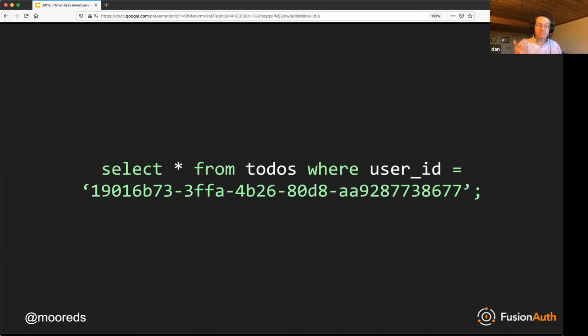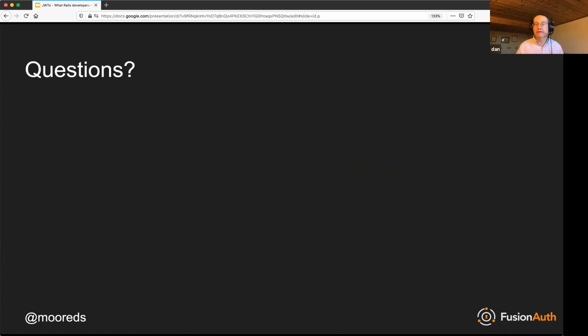Finally, at the end of the day, we get to a statement that we might run against the to-do store. We've looked at the JWT in the ToDo API. We've verified that it's for us, that it has the right audience claim. We've verified that the issuer is something that we expect, and we can now pull the subject claim out of there and get the to-dos for our end user. So that is the evolution of JWTs. It's a way for you to solve a distributed identity problem in a service-oriented or microservices architecture.